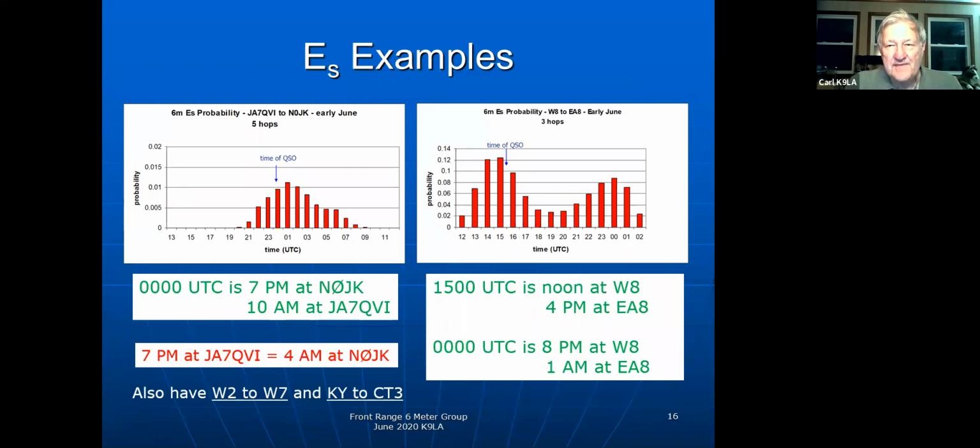Over on the W8 to EA8 plot, 1500 UTC, when that QSO occurred, is noon in W8, and it's 4 p.m. at EA8, so that worked out pretty good. And also at 0000 UTC, when the second peak is, that's 8 p.m. at W8 and 1 a.m. at EA8. So that was just right on the borderline of